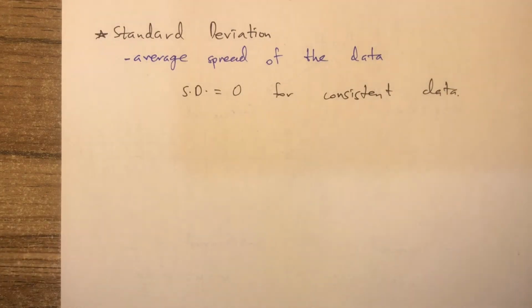For non-consistent data, what we do is we use the formula for standard deviation to find the standard deviation, and basically